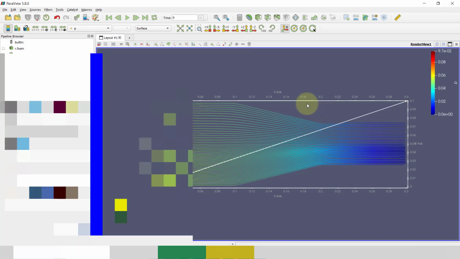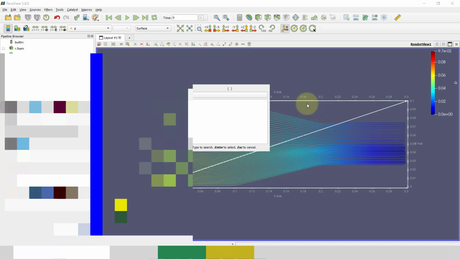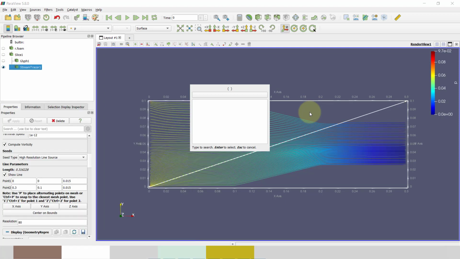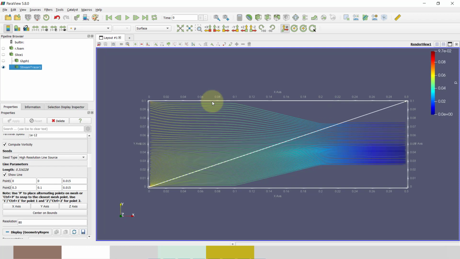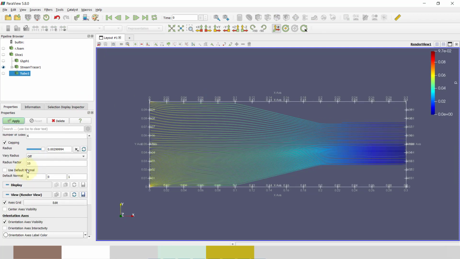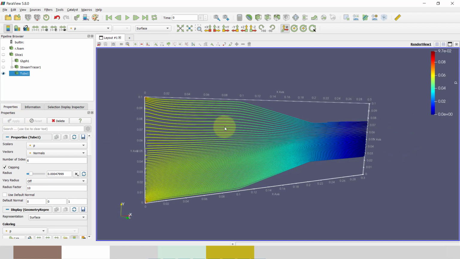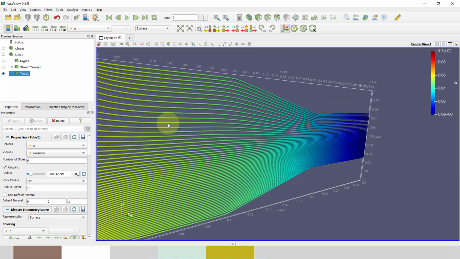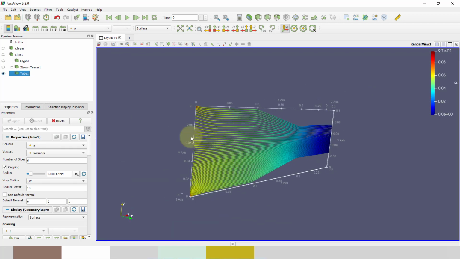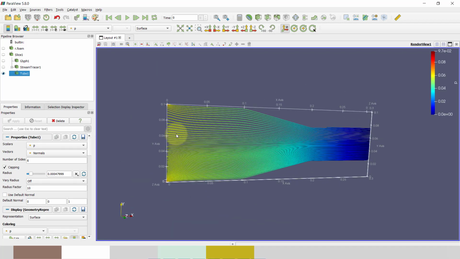Just press control space bar and type tube, and just click it. Just give diameter, just apply it. You can see that my streamline is thickened, means diameter is increased, and it is good for visualization.